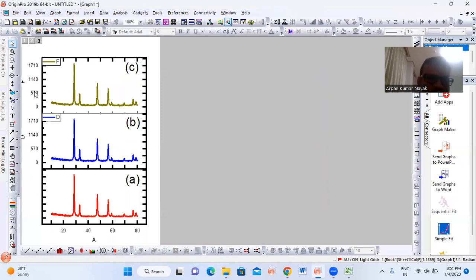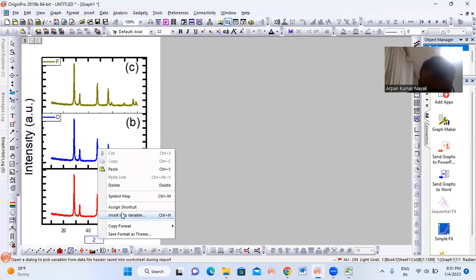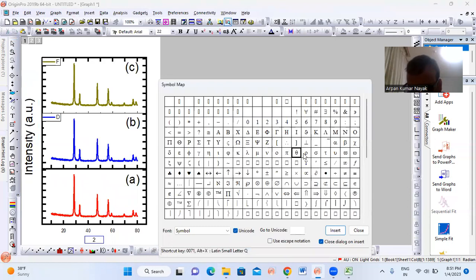Yes. So now I can try to remove this one. So I can make it intensity. And since no, I remove this one, so arbitrary unit I can put it. So now I will make it 48. Similarly, this one I can make it 2 theta. I can make it symbol map, and I can take the theta,